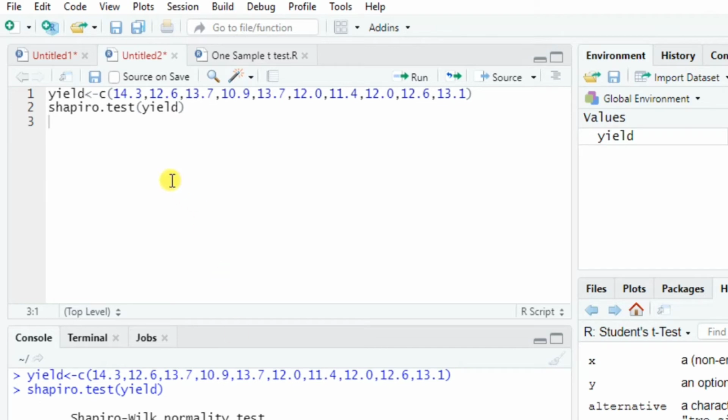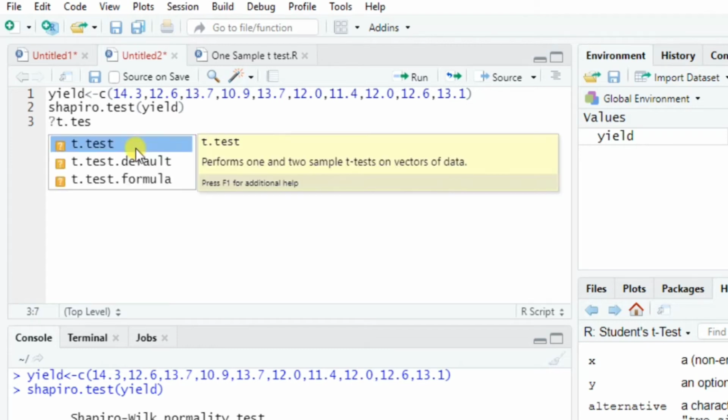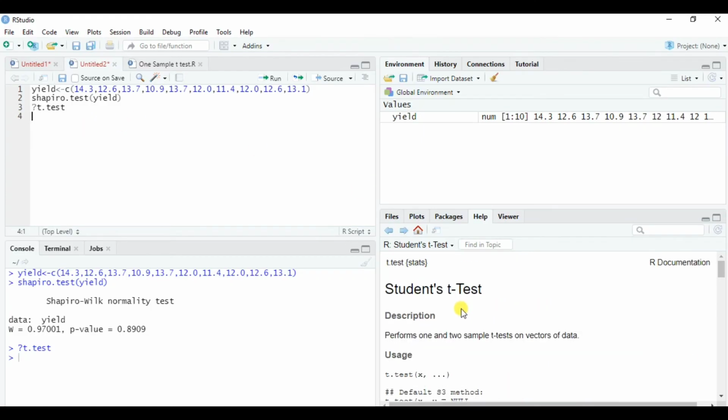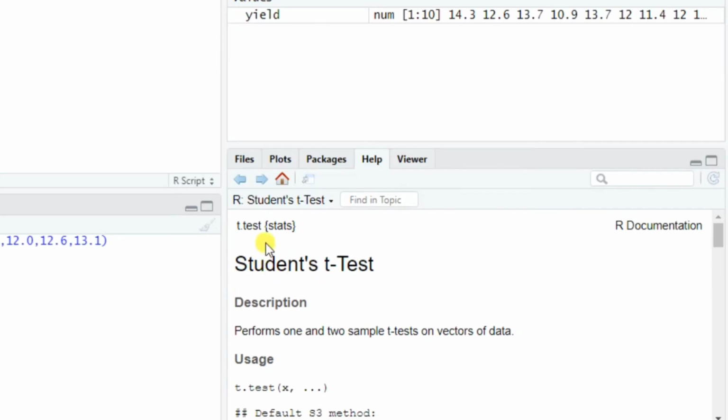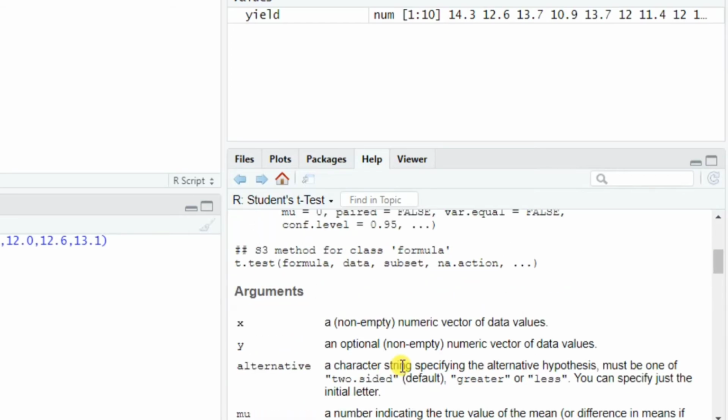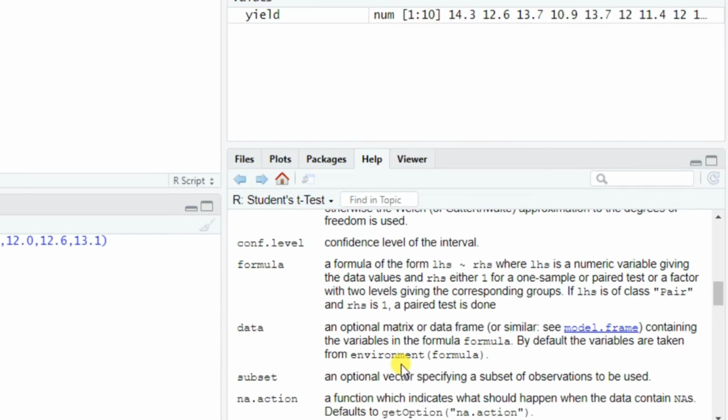Okay, now let's explore the function of the t-test. Just write question mark t dot test and press Ctrl Enter. This will show us the t-test in the help section. Okay, so you can learn more about the t-test by reading these things.